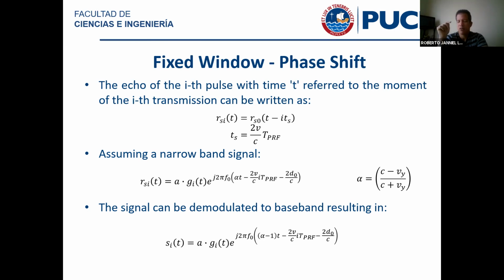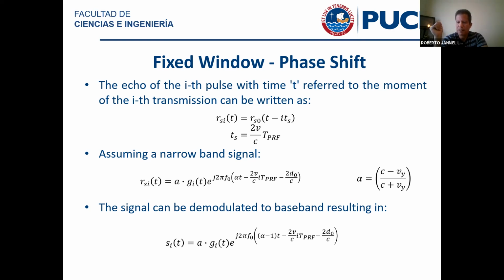And that's going to be, in principle, the signal RS naught at time T minus iTS. So the idea here is you have something that you're transmitting, and you're going to get some echoes. If the only thing happening here is that things are moving at a constant speed, then ideally, what should be happening is that if you wait an amount of time given equivalently by the TPRF,